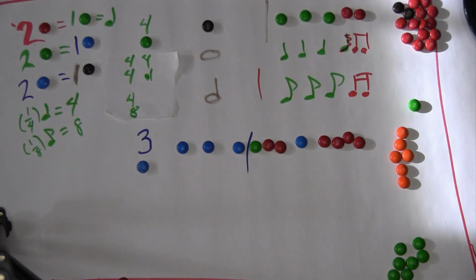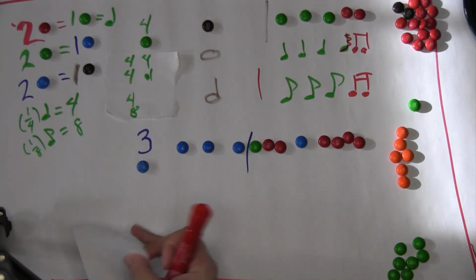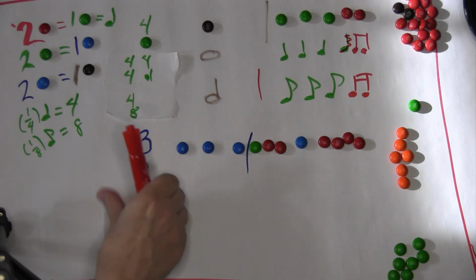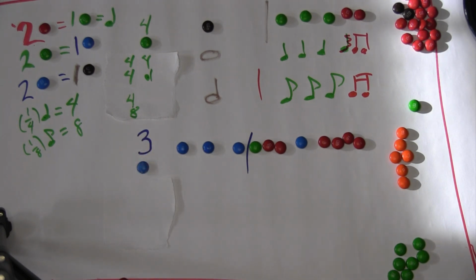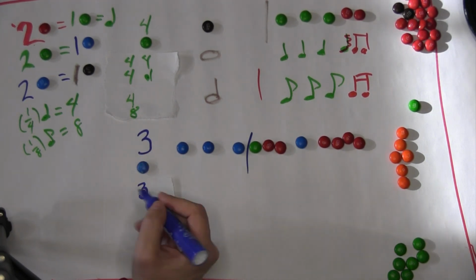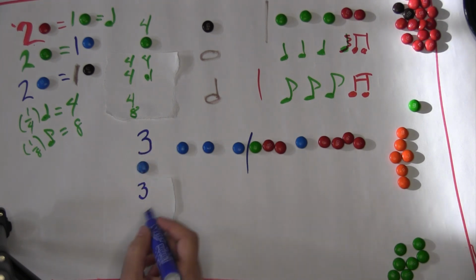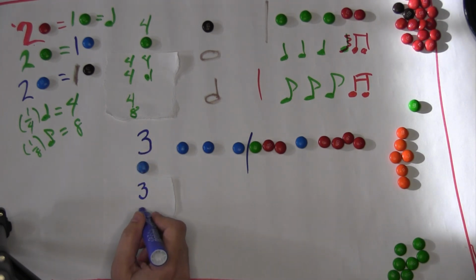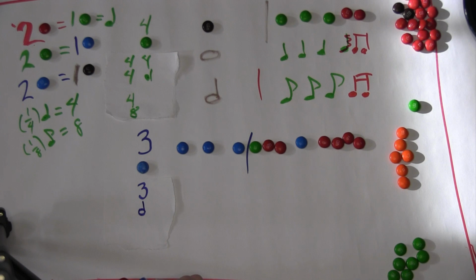It could be worth a quarter note or an eighth note or a whole note or anything, but let's see what we choose here. There are going to be 3 beats in the measure. The top number always tells us how many beats. The bottom number tells us